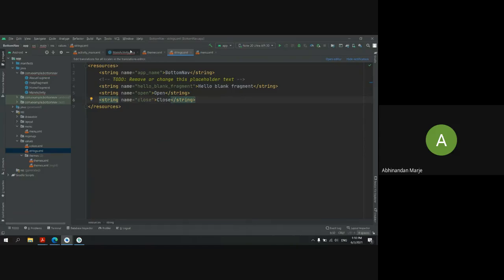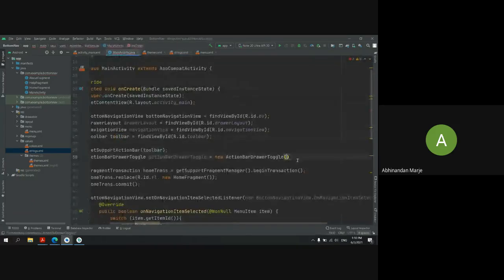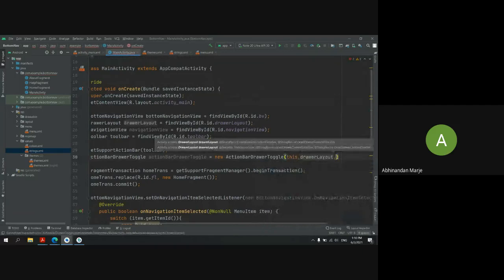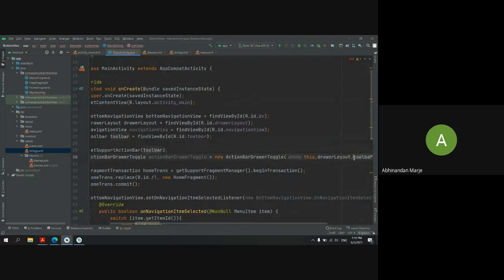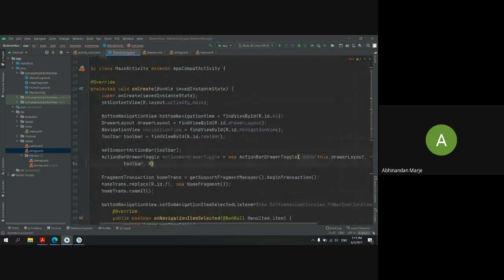Now in this argument list, I will pass first my context, then a drawer layout, then the toolbar. The next thing is R.string.open for the open method, and R.string.close for the close method.